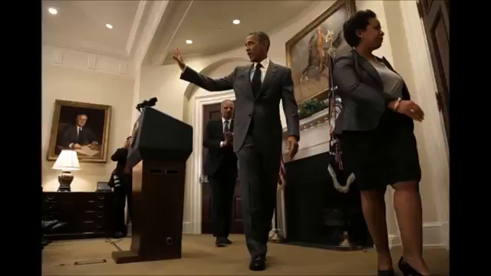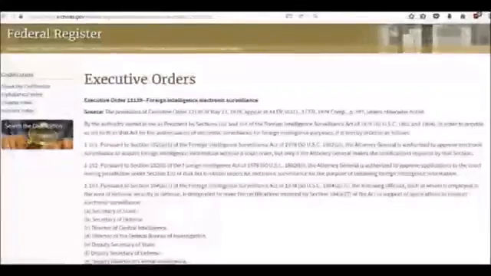The sections of FISA authorizing electronic surveillance and physical searches without a court order specifically exclude their application to groups engaged in international terrorism. The Attorney General is required to make a certification of these conditions under seal to the Foreign Intelligence Surveillance Court, and report on their compliance to the House Permanent Select Committee on Intelligence and the Senate Select Committee on Intelligence. Now, let's look at this little-known and discussed Executive Order